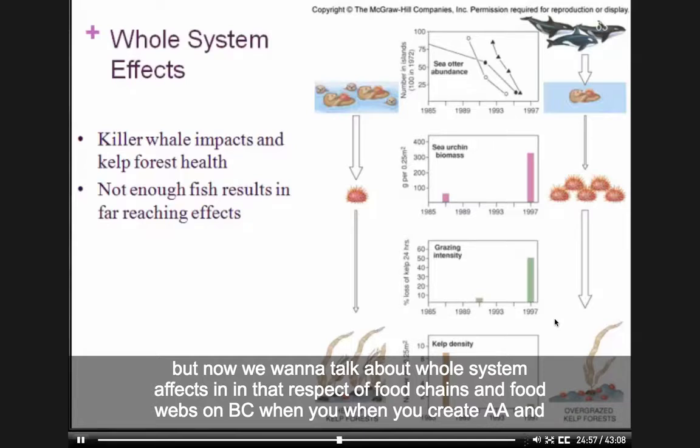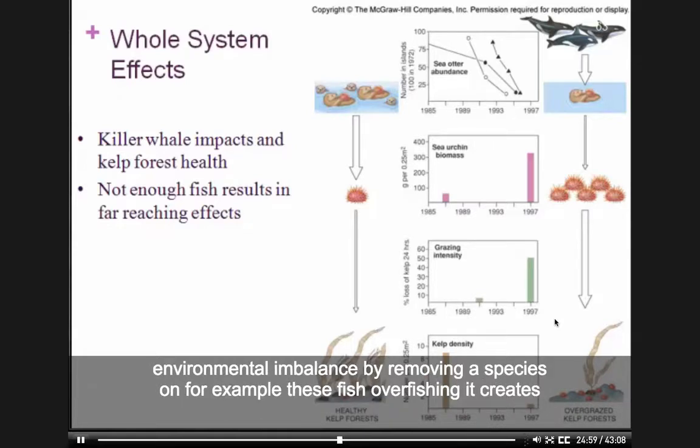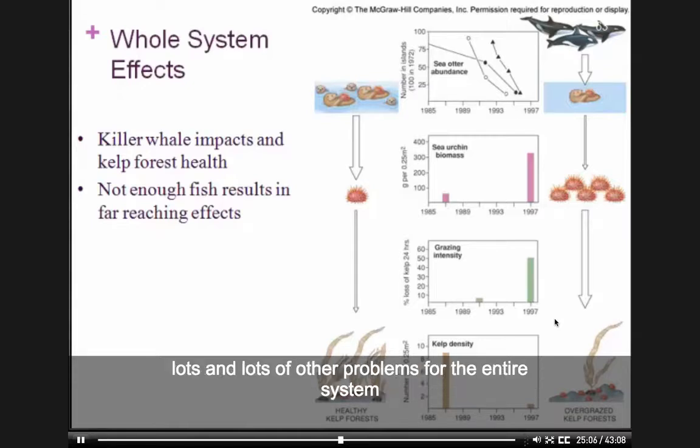You see, when you create an environmental imbalance by removing a species, for example, these fish, overfishing, it creates lots and lots of other problems for the entire system. One classic case here is the killer whale up in Alaska. Killer whales are predators up in the Arctic. They normally eat seals and sea lions, but in the mid